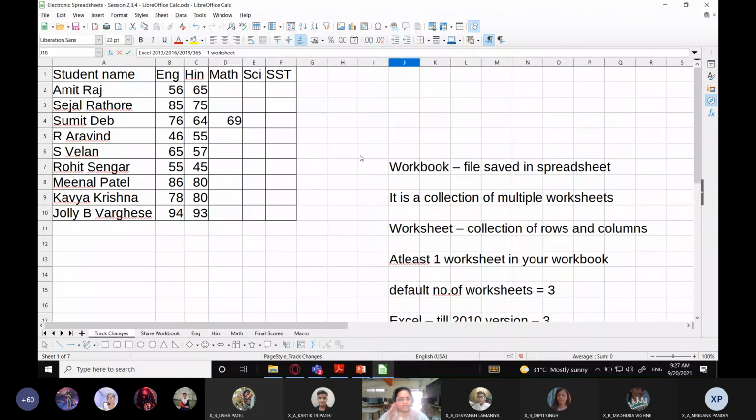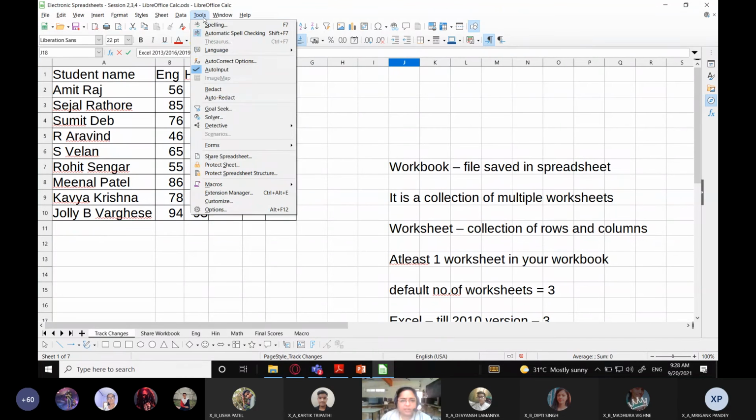So you can change the total number of worksheets. You can change the default number. Okay. So how can you do it? Let's see. In LibreOffice Calc, you need to go to the Tools menu.